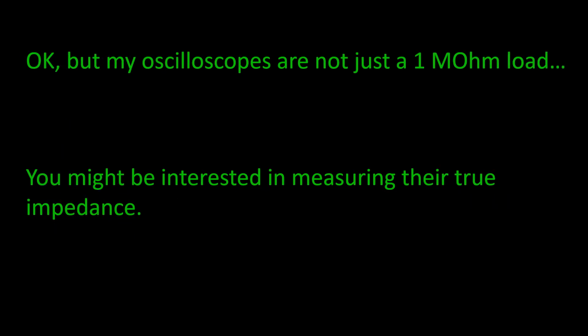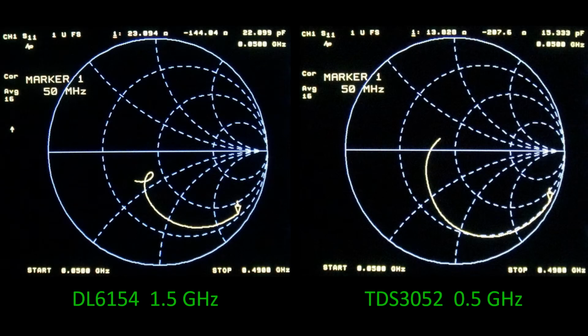But my oscilloscope admittance also has a capacitance, and I want to know what should be the true value of the peak-to-peak voltage. To find out this, you need the input impedance, which can be obtained in two different ways. First, you can use the admittance model of the manufacturer, or you can measure the impedance with the network analyzer. Let us choose this option first. It is time to find out another surprise. I have measured the reflection coefficient of my oscilloscopes and get the results shown here. The marker is located at 50 MHz and we can read directly the impedances we are looking for.